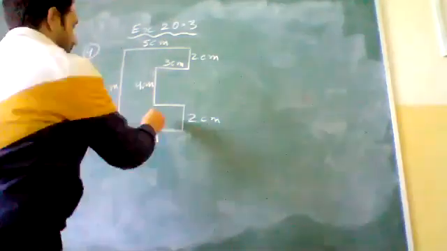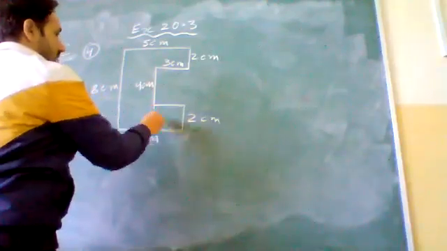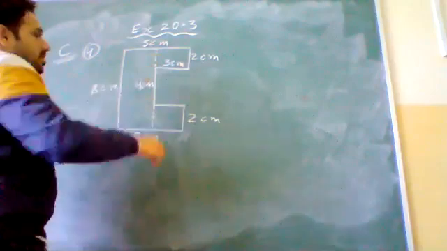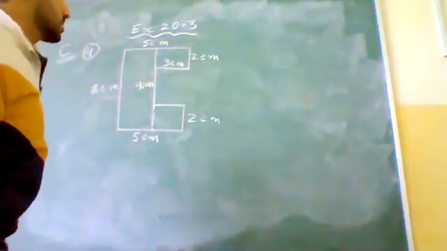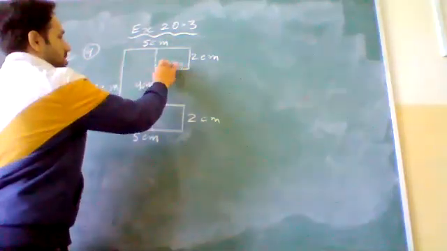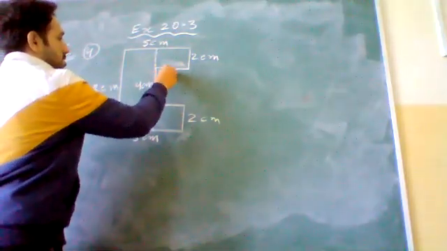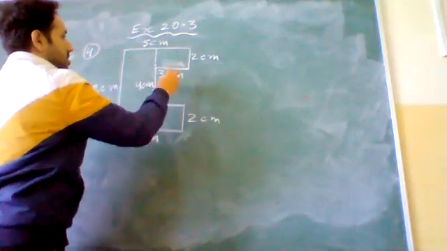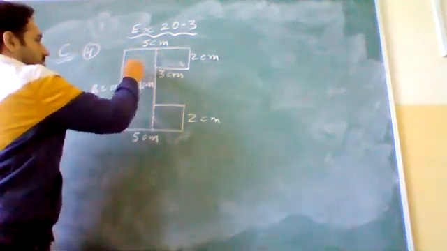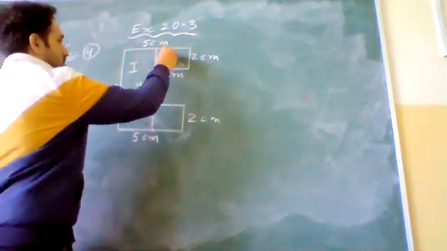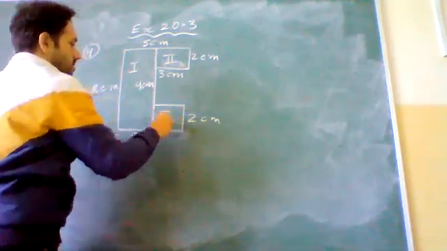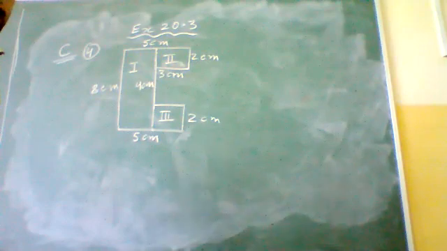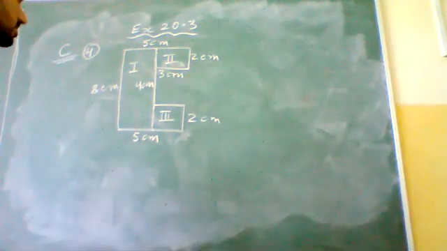You can do this by joining this here and joining this. To join these two sides, you will see that three rectangles will be formed. So this is your first rectangle. So three rectangles are formed. This is your first rectangle, second rectangle and third. If you add the areas of all the three rectangles, you will get the total area.